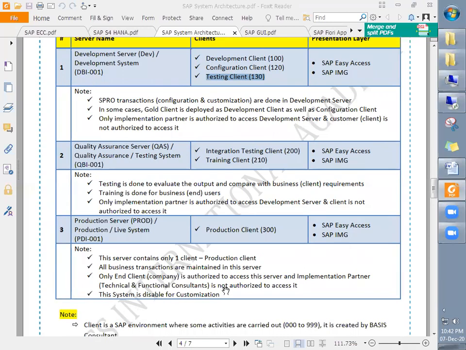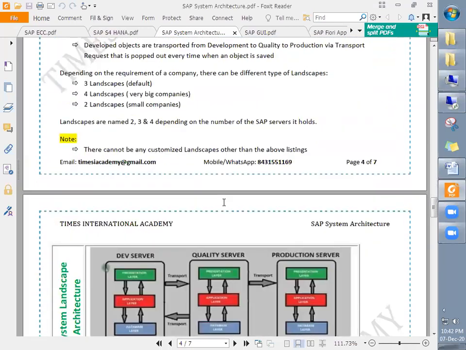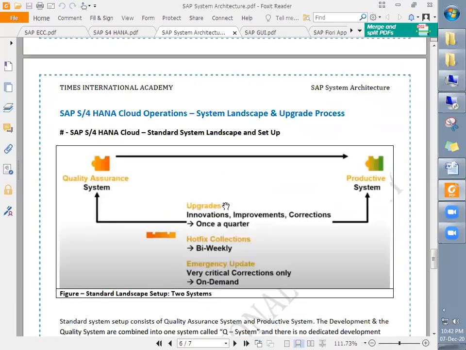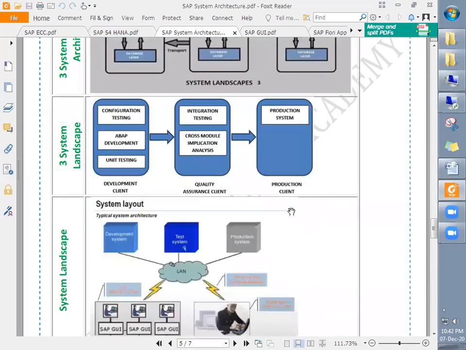Yes, sir. The second question is, sir, what is the difference between pre-production client and post-production client? In the production server. Good question. Currently in the production system, it is showing only the production client. But sometimes they may have a pre-production system and the production system.